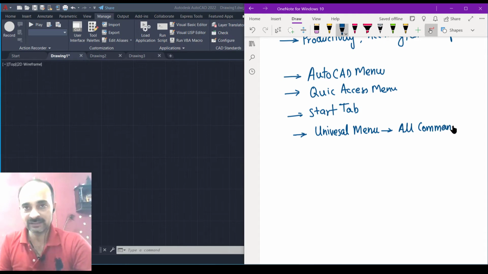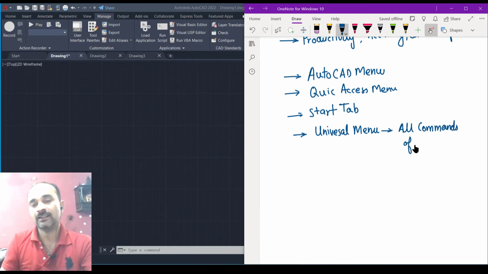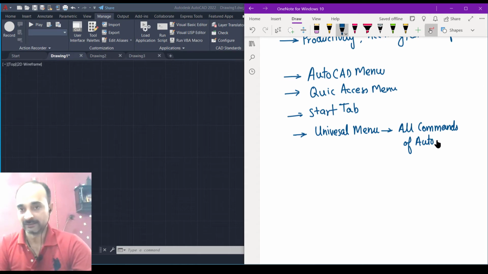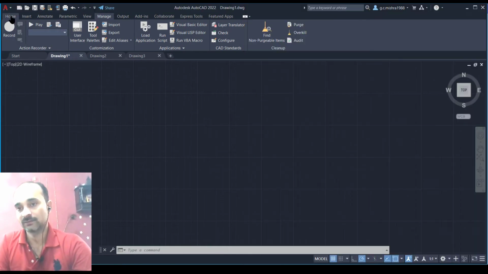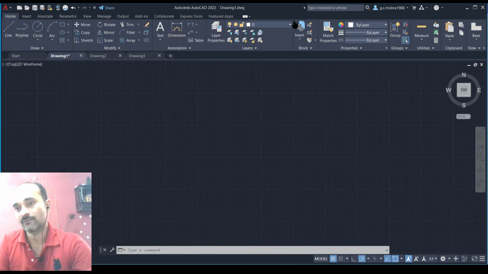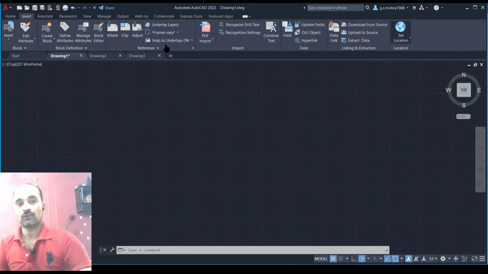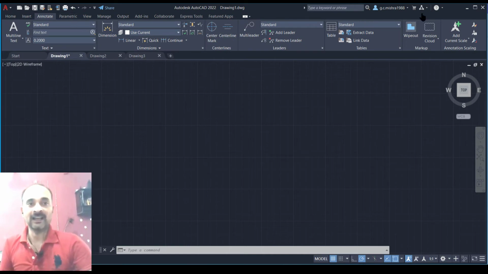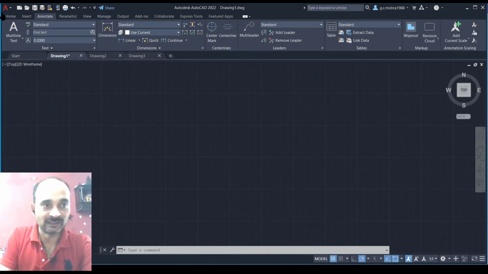It is called universal because it contains all the commands of AutoCAD. If you are not getting any tool, then you can find it from here.